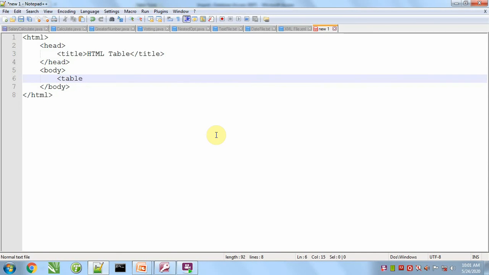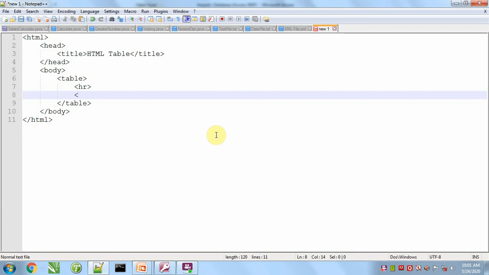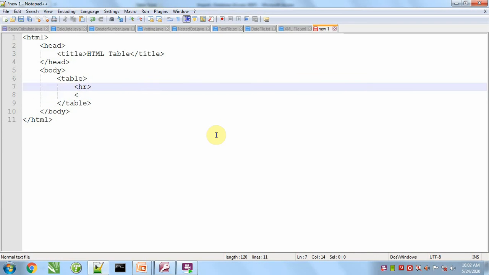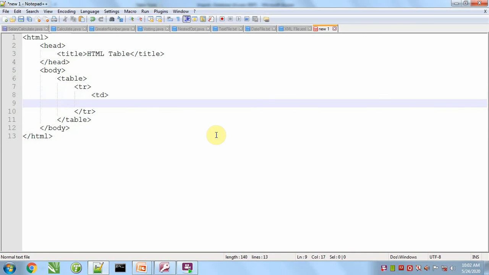It is HTML coding that I am doing. TR is the table row and TD is the table data, the table column.